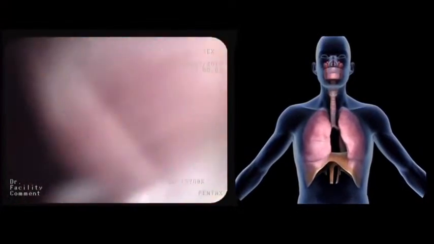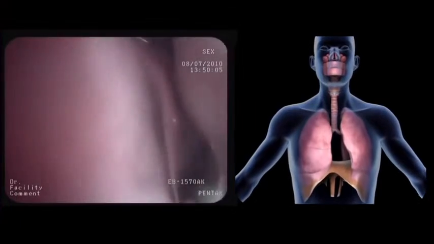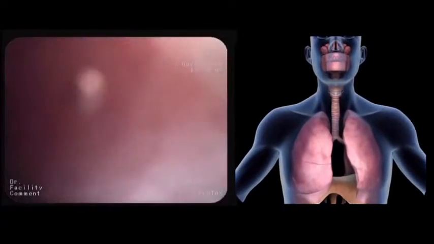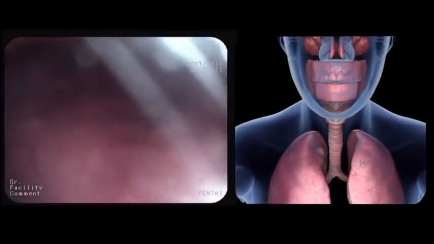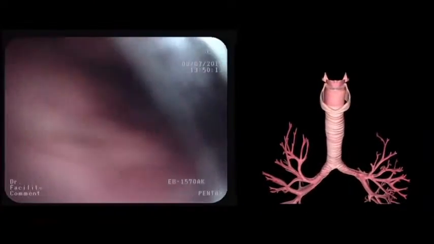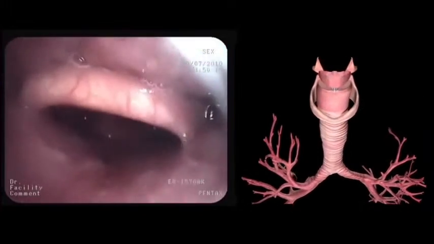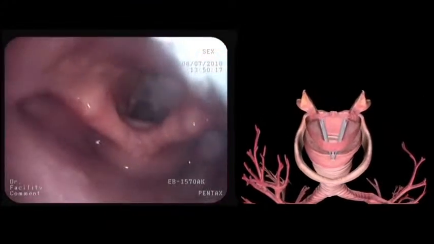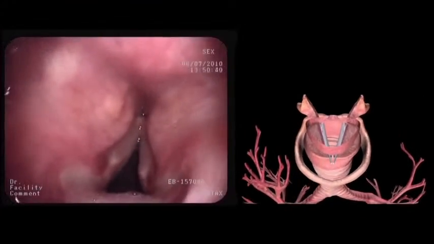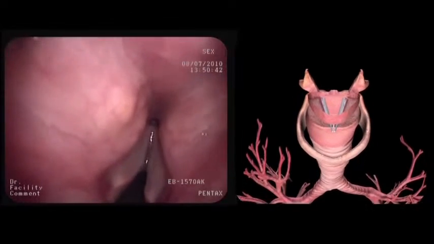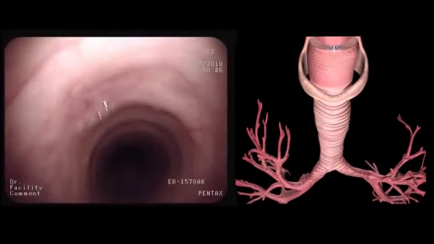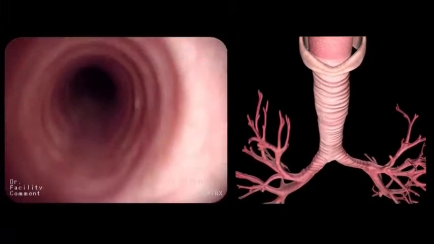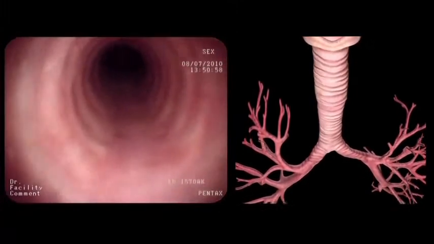In this film, we perform a tour of the normal segmental anatomy of the bronchi by means of bronchoscopy on a healthy volunteer under local anesthesia. After passage through the nose, the pharynx and the epiglottis, the glottis is reached. After inspection of the vocal cords and arytenoids, the bronchoscope is advanced into the trachea. While staying in the middle of the airway lumen, the trachea is carefully inspected.